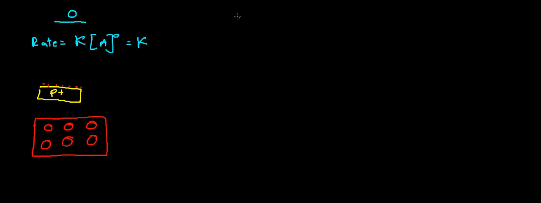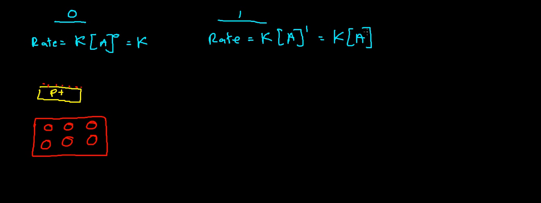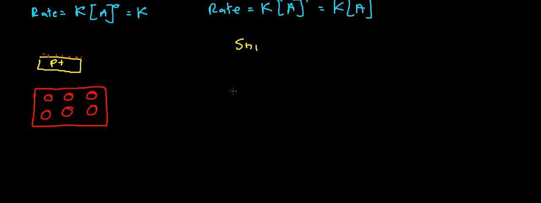Now for a first order, the rate is basically equal just to K times the concentration of A. So the rate is dependent on what the concentration of A is. An example might be an SN1 reaction from organic chemistry. I guess it seems a bit ridiculous to go into this since this is organic chemistry and not at all related, but an SN1 reaction is something like where I've got